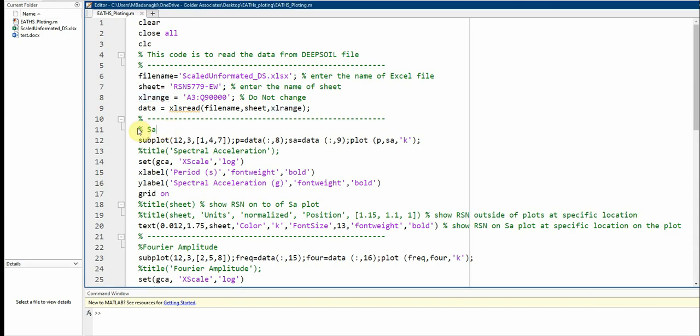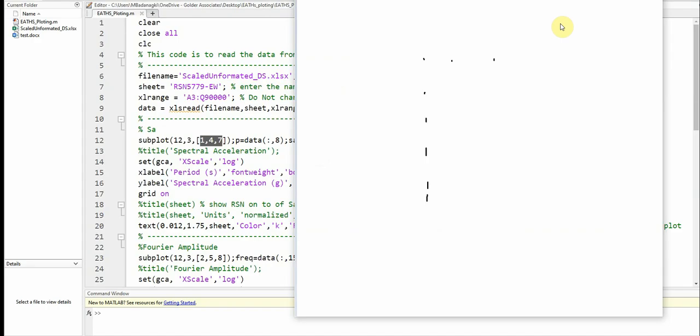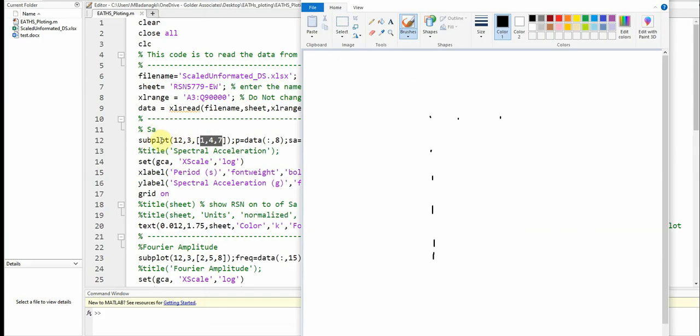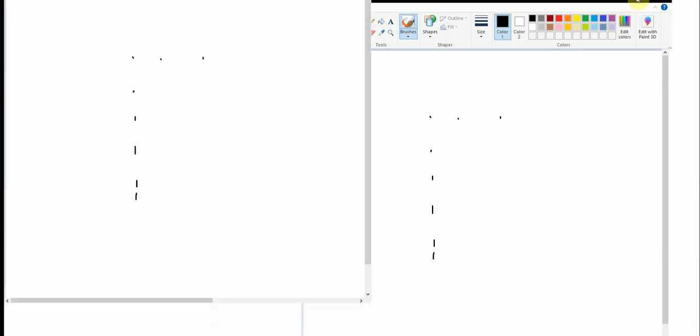Here now in row number 11, plotting the spectral acceleration using subplot function. So subplot function, you need to define the total numbers of rows and the total numbers of columns. And then you need to define where that plot will be, in which cell. So let's see here. We have 1, 2, 3 columns, and then 1, 2, 3, 4, 5, etc. until 12. Okay, so I'm saying that the subplot of spectral acceleration is going to take place in 1, 4, and 7. So this is 1, 2, 3, 4, 5,